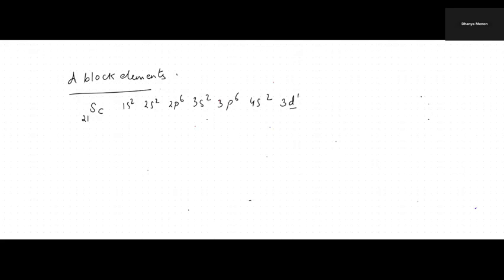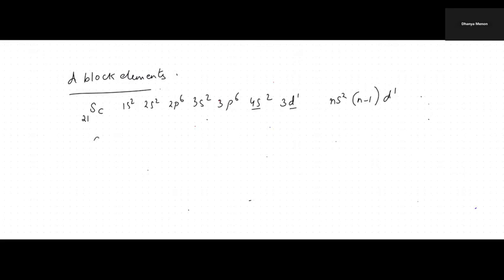Okay, so this has a configuration of ns2 (n-1)d1. So if I generalize this configuration, it is ns2 (n-1)d1, right? Coming to some element like